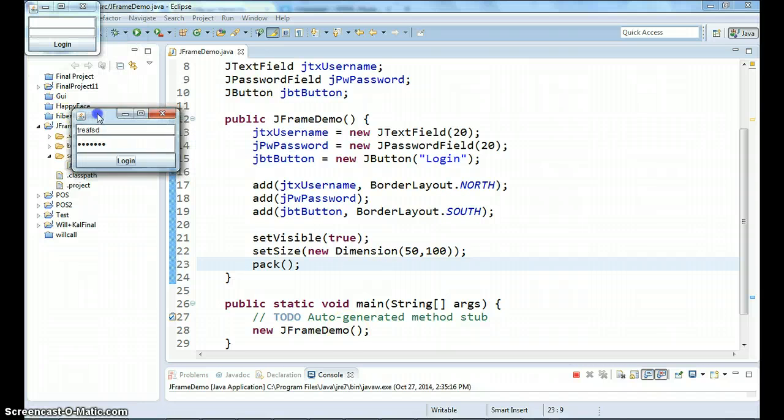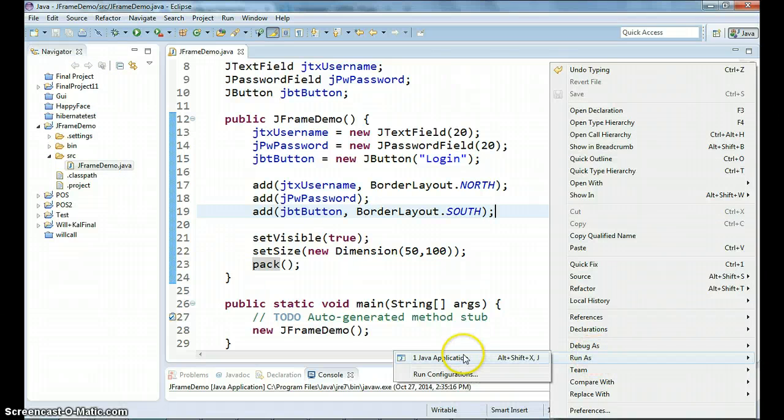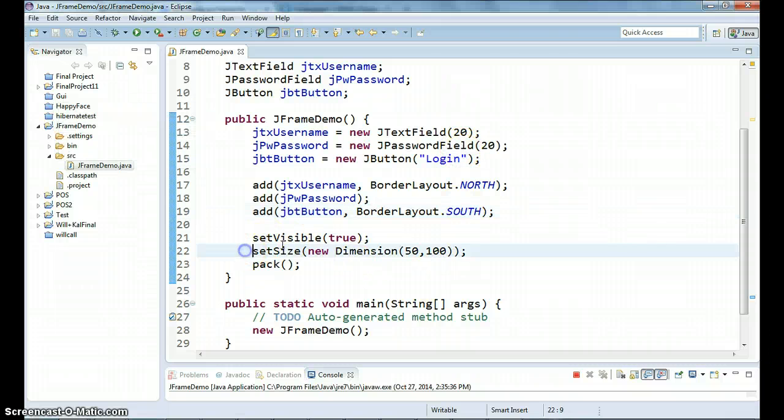And this one with the pack. Let me run with the pack. Pack means this is 20, the size. But if I don't use set size,